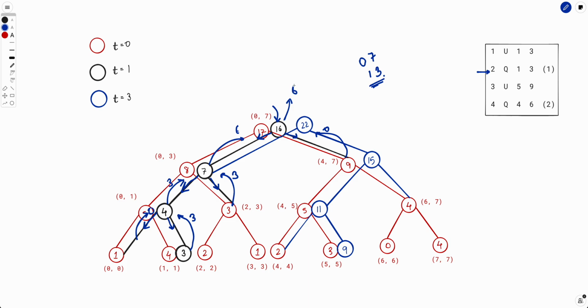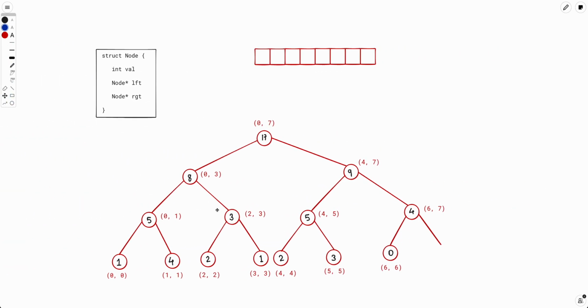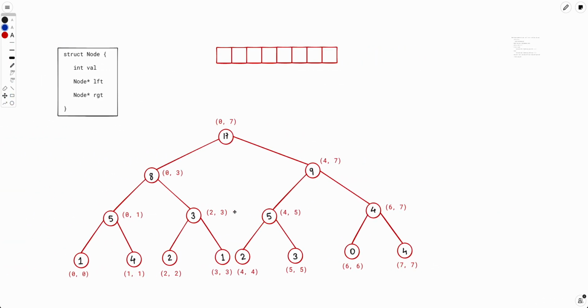So basically after this update, the value would be 6, and you can see it is indeed 6 because this value will be staying as it is. This will be updated to 3. This will be staying as it is. This will be staying as it is. So if you sum these three things, you will be getting 6, right? So hope you got the idea of what persistent segment tree is and how we can build it efficiently. Now let's look at how to implement this data structure